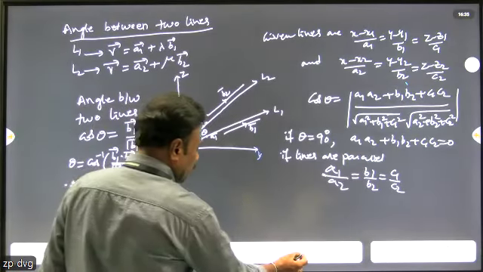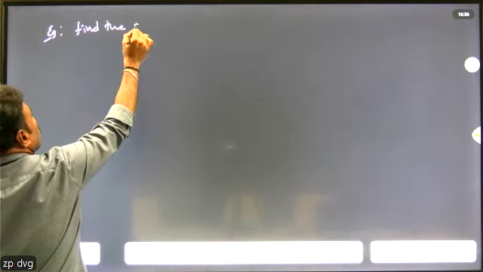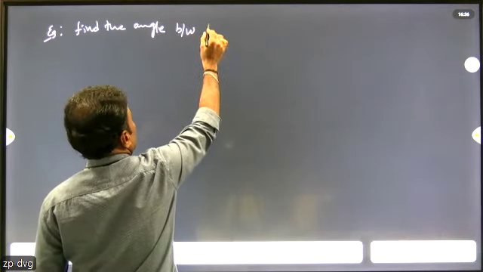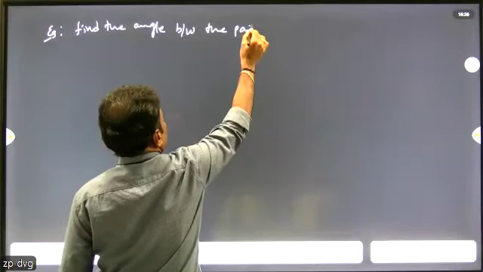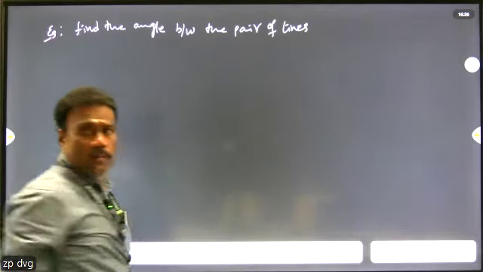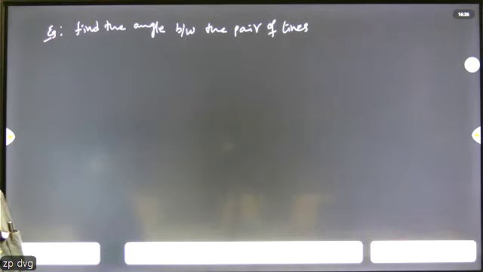Next, on this concept, we will do one or two questions. Let us see. Find the angle between the pair of lines. The lines are given as x minus 2 by 2,